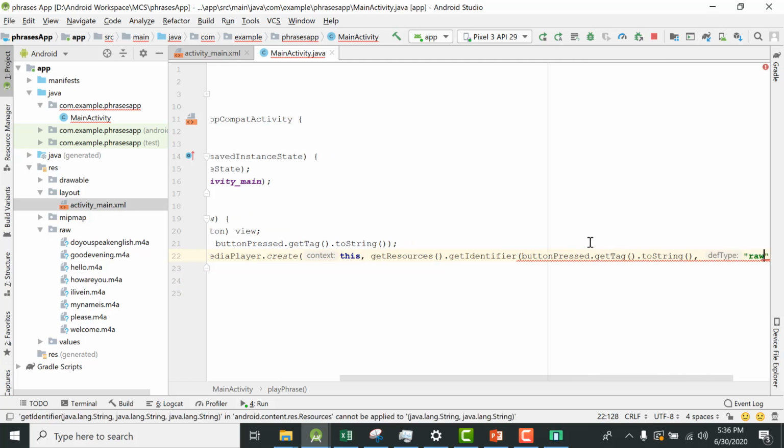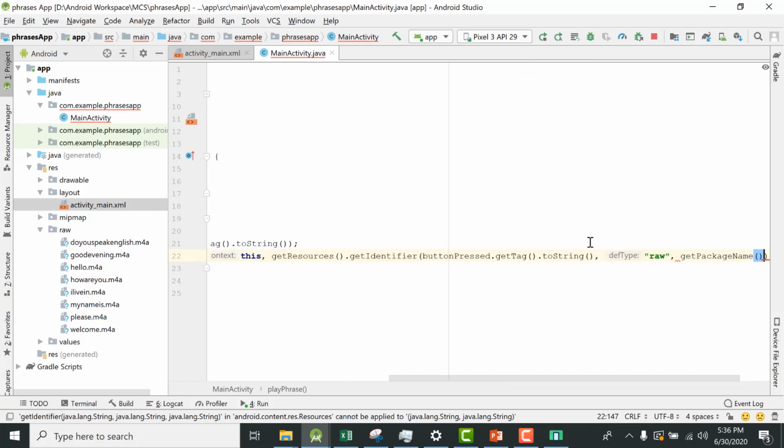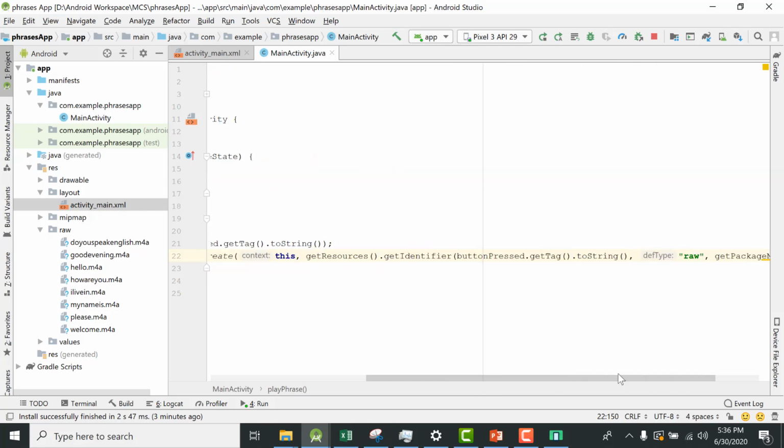So the source is raw, and the last thing is to get our package name, because we also have to provide the package name to the MediaPlayer.create method.